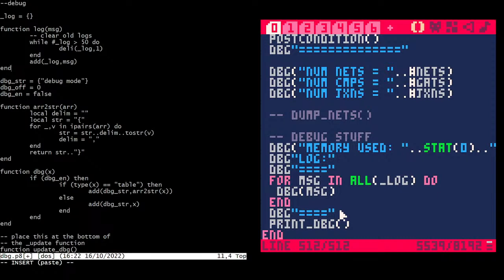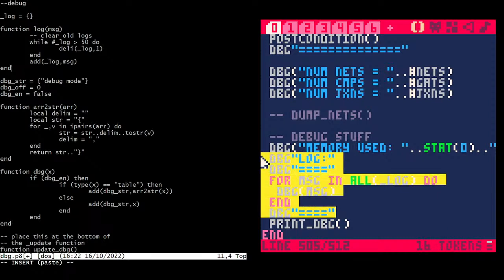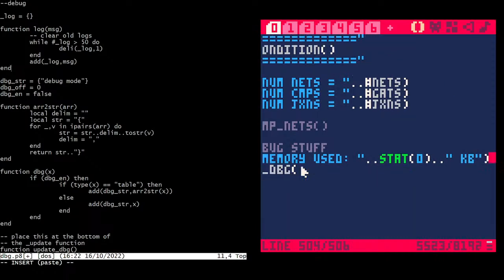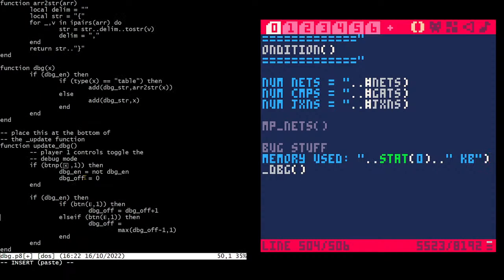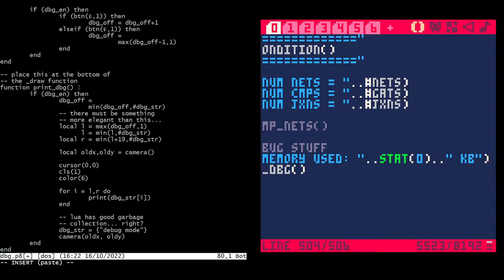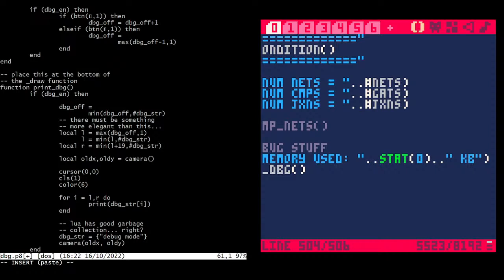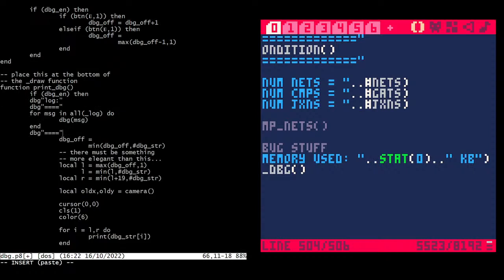Oh yeah, here we go. I'll just put this at the top of print debug. And I guess we could put it inside debug enable because there's no point here in